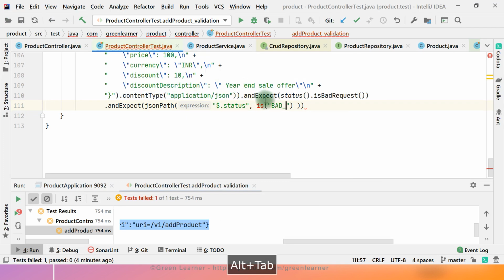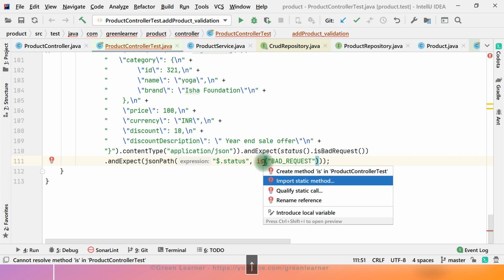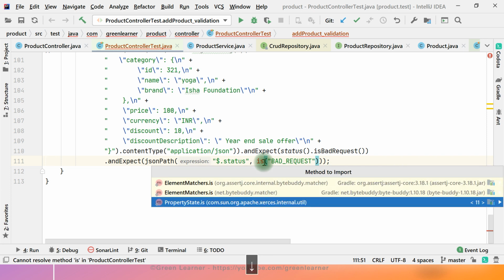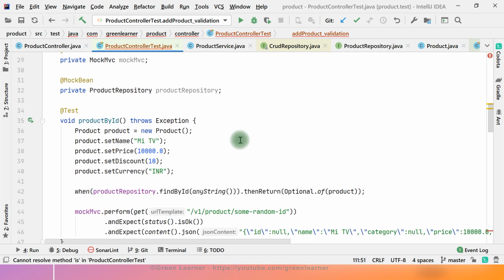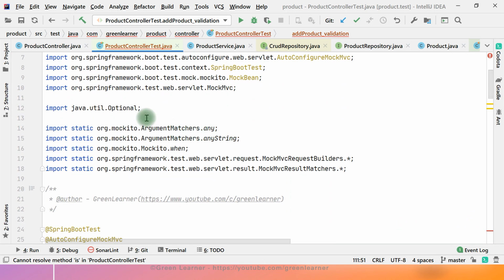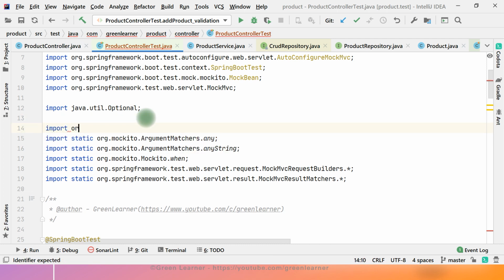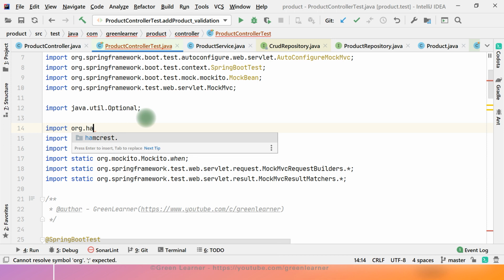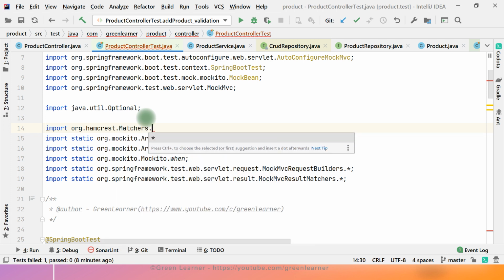So just put that. Let's import this one: qualify import static method element matcher. Actually it is not coming from this one, but from Hamcrest. I do not know why it is not able to take it, so I would have to restart the IDE, but let me write that manually. So import org.hamcrest dot, we have hamcrest dot, no, not this one, we have Matchers.is.